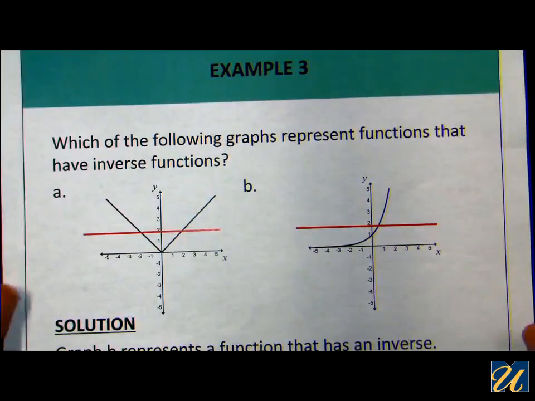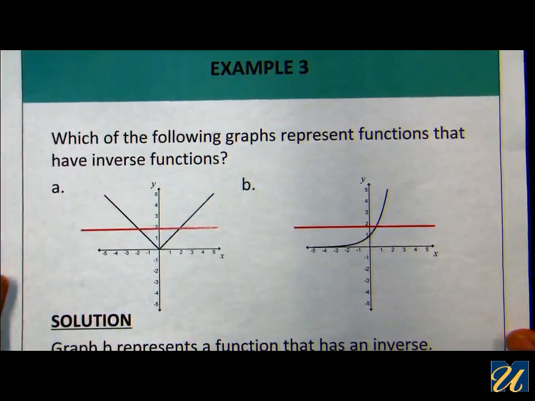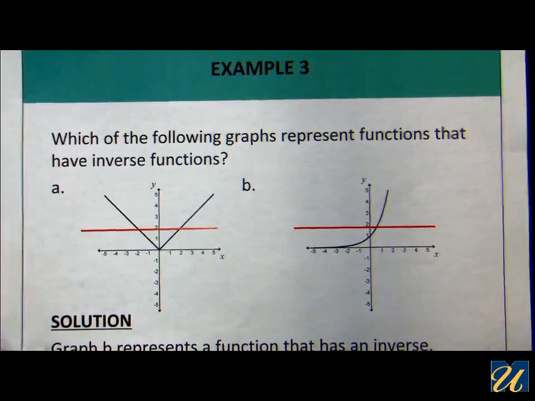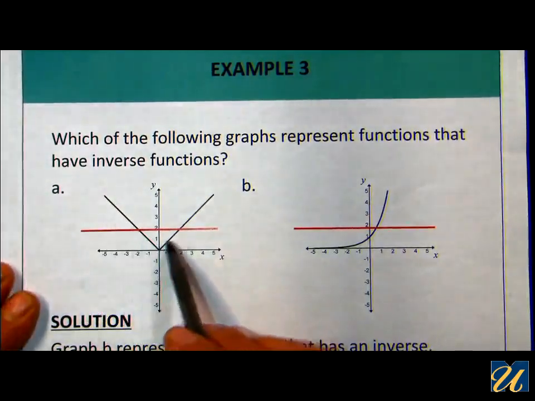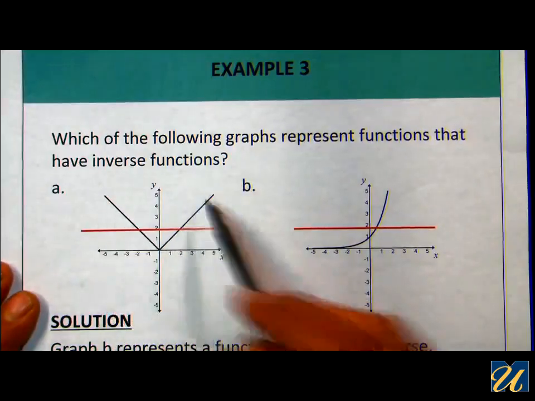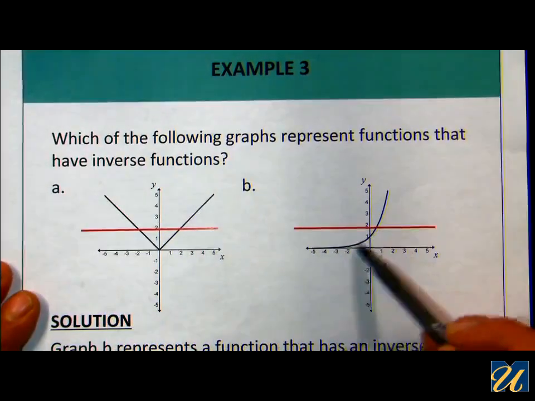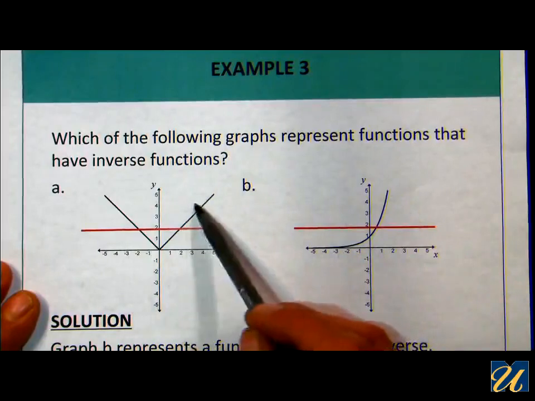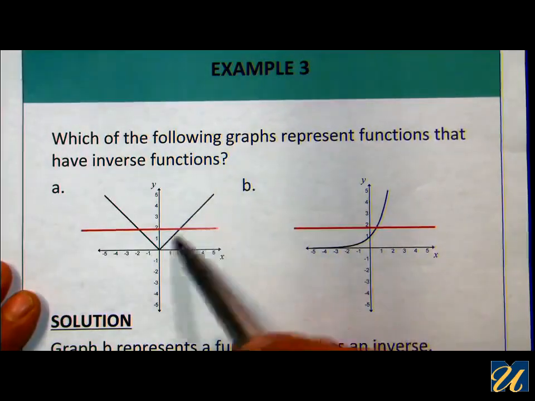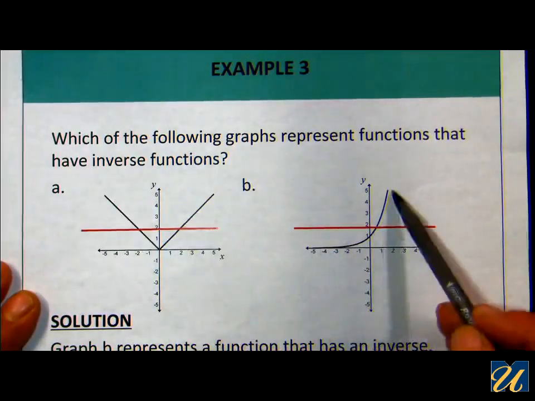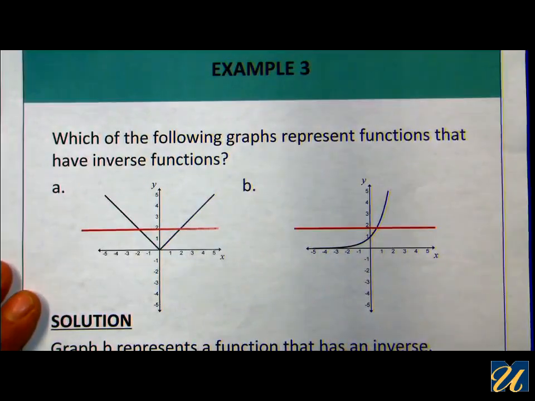Which of the following graphs represent functions that have inverse functions? Okay, well, in black here is your function, looks like the absolute value. And in black here is a function that looks exponential. Now, each one of these is a function, the black graph here and the black graph here. Although,